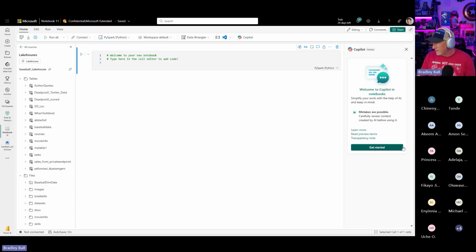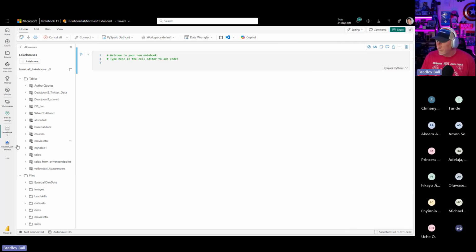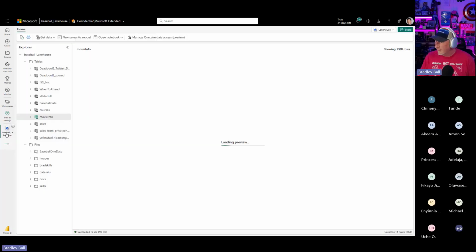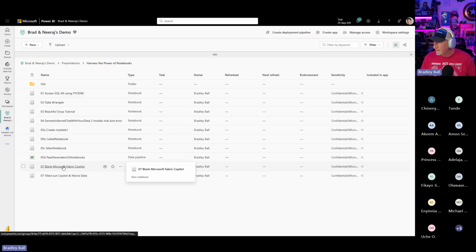I'm going to start out by turning on Copilot. You click Get Started, and it used to load data frame, generate insights from data, suggest data visualizations. Well, this is a little bit different than what I was expecting. So maybe I do have to go to my notebook. Let me come back over here. Hold on a second.